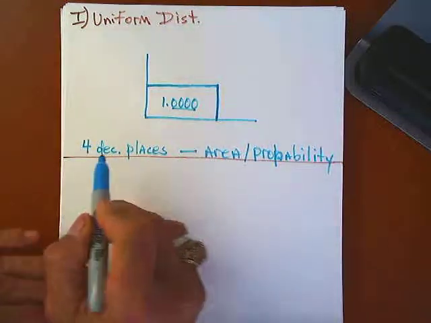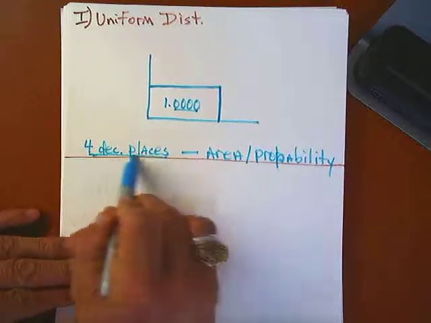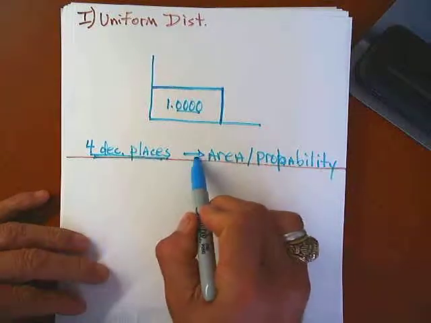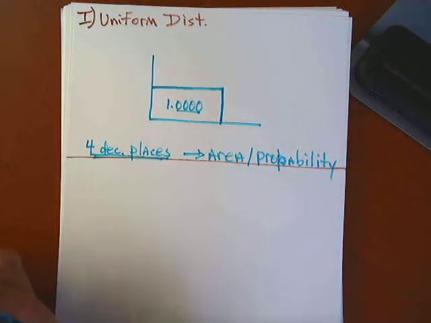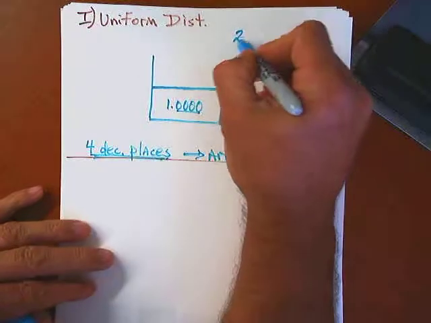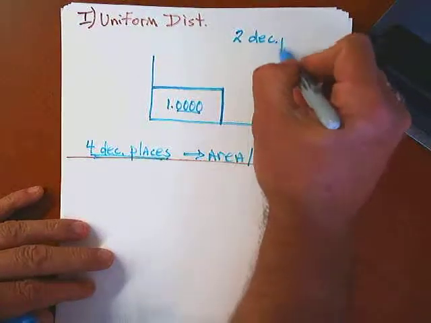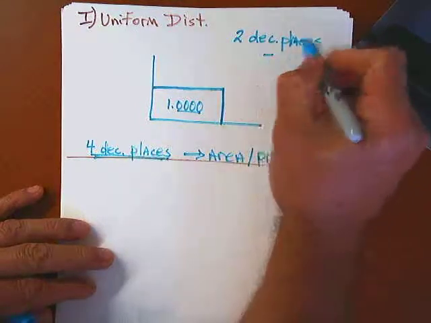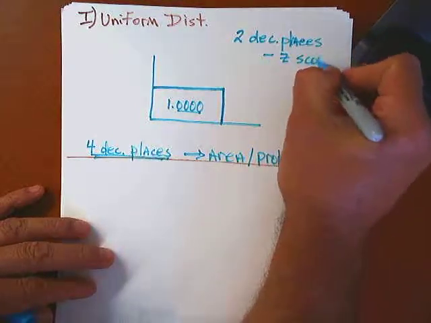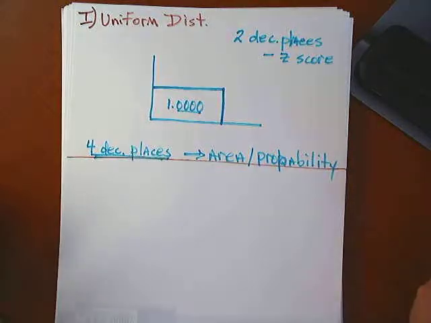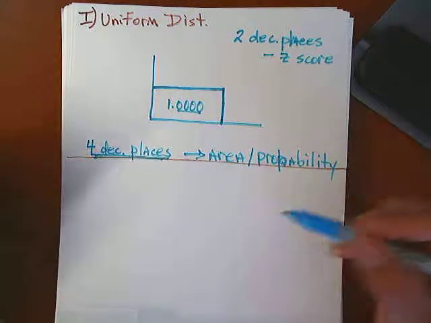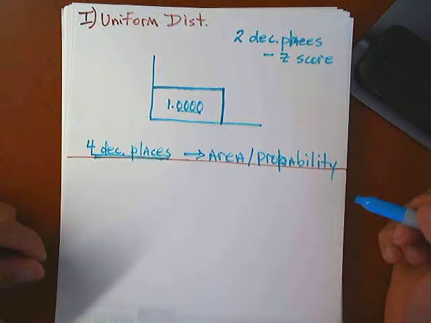And so when I tell students they see 4 decimal places, and you're going to see it in your homework and your test, when you see 4 decimal places, you're talking about area slash probability. 2 decimal places, you're talking about z-score. And that's kind of a way to keep it separated. Now, with the uniform distribution, you're not going to see the z-score